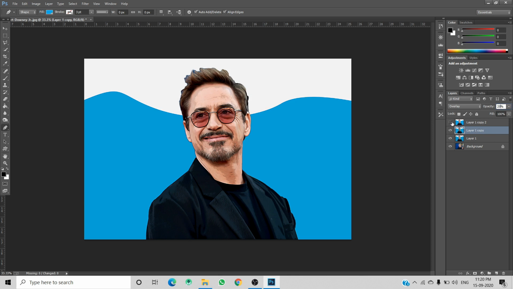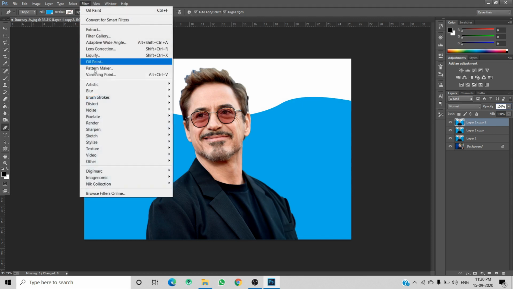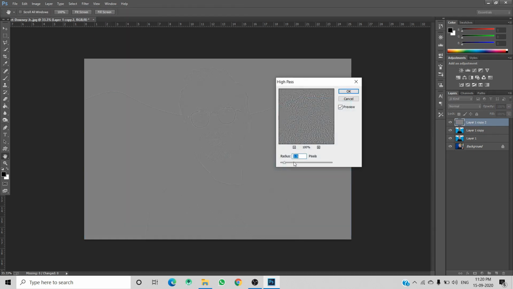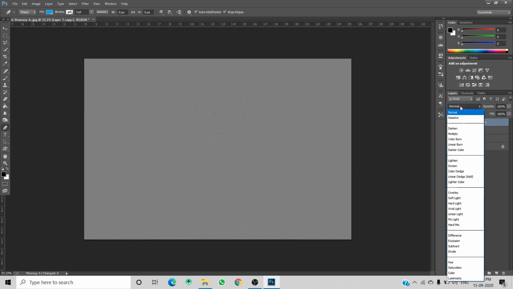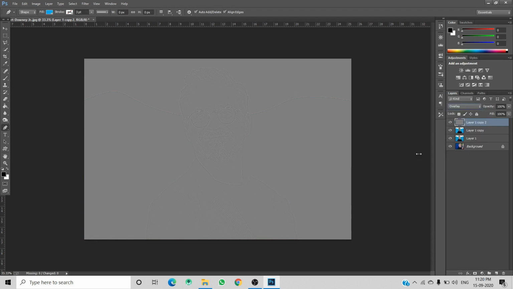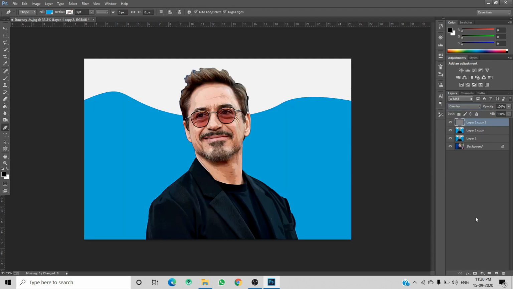Then unhide the layer 1 copy 2 and select it, then go to filters and then select other and select high pass and leave the value as 1.5 and click on OK and change the blend mode to overlay. Now add some adjustment layers to it.